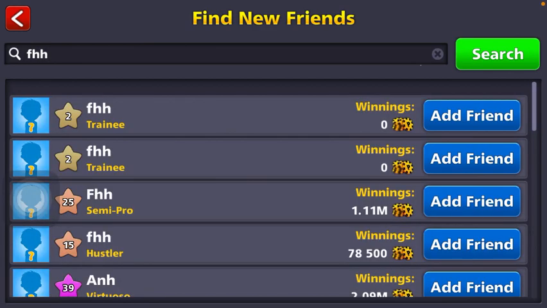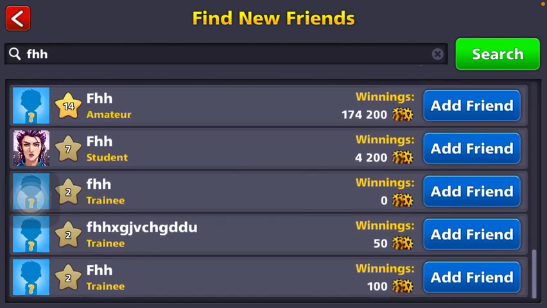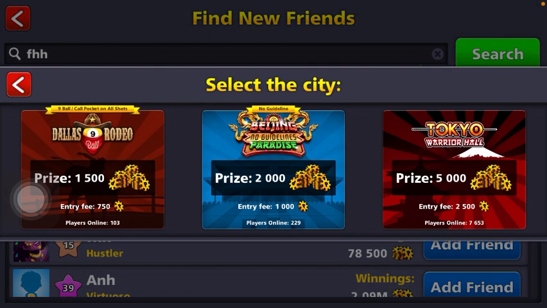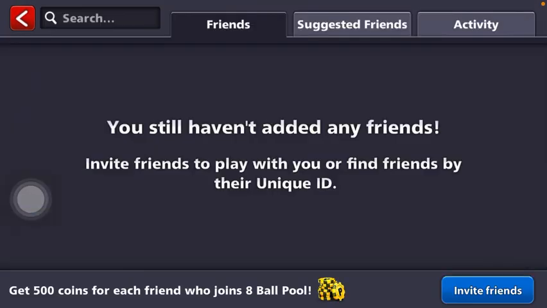Tap on the button search, and here you are going to find all of the friends that are available. So click on the add friend button, and as you can see, you have added this user to your friends list. So if you want to challenge him or her, tap on the challenge button, select the city, and you will be able to start